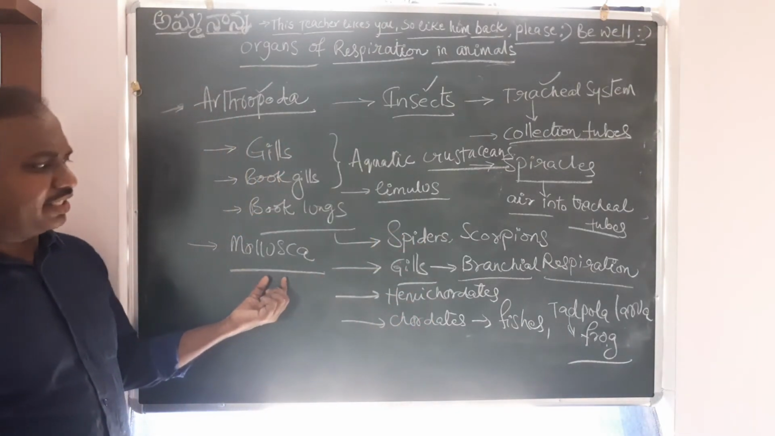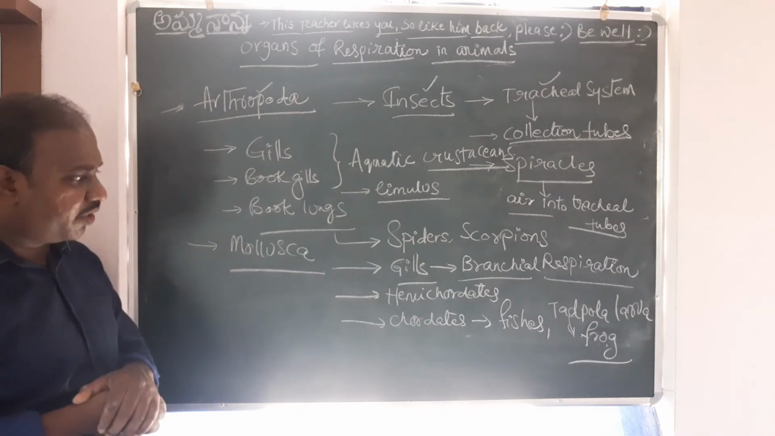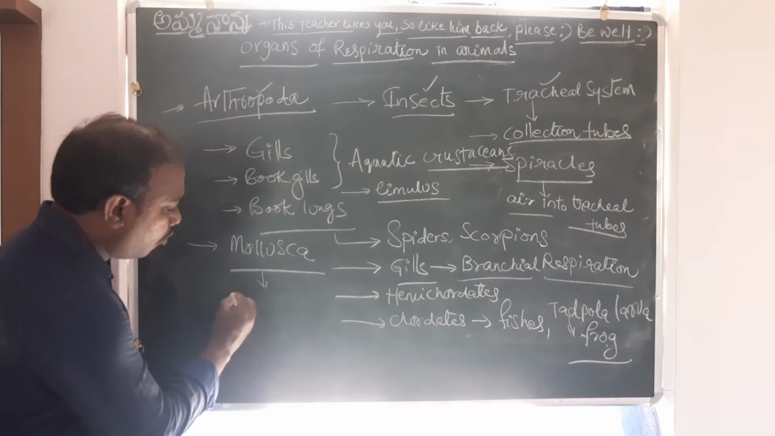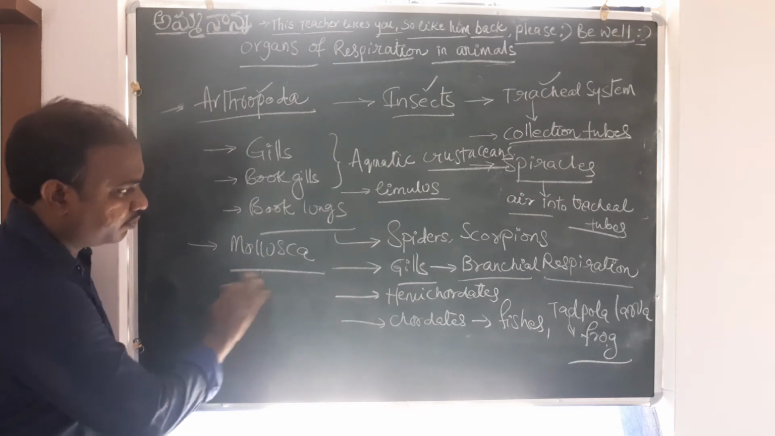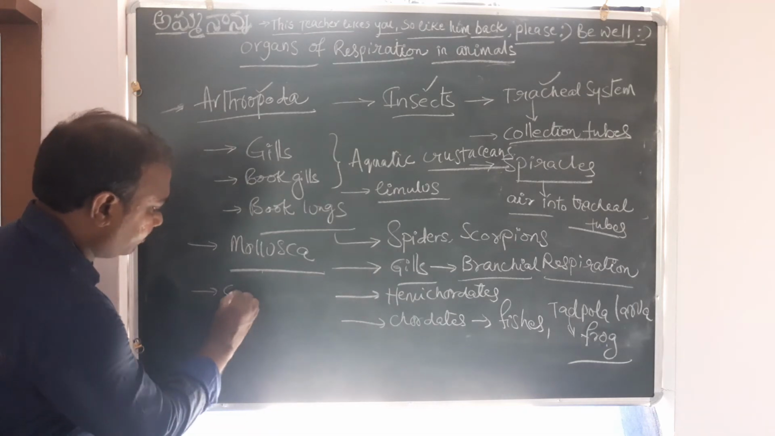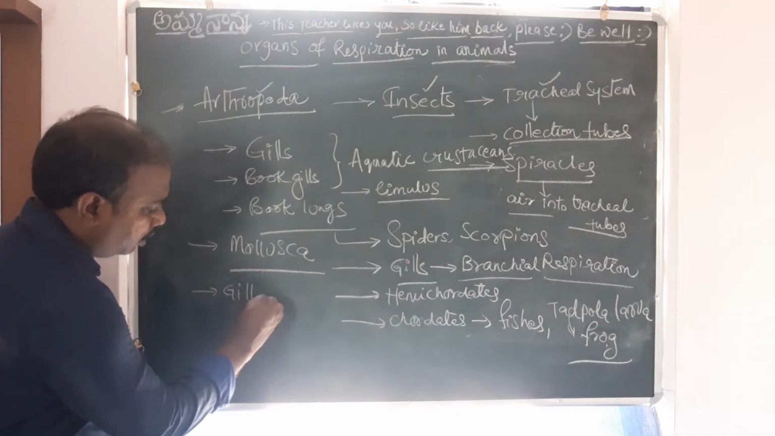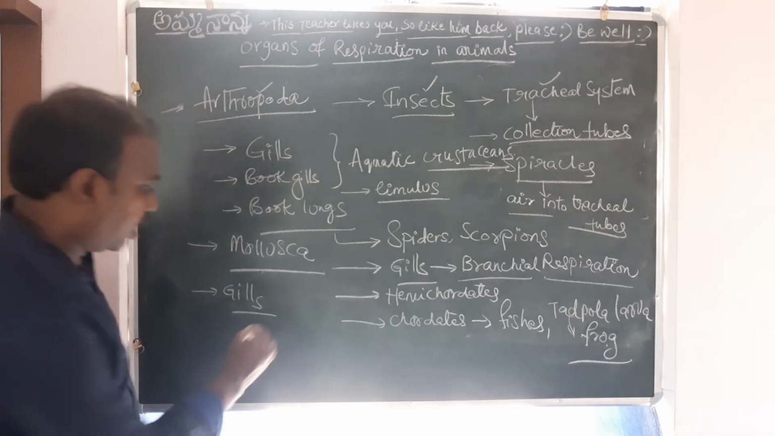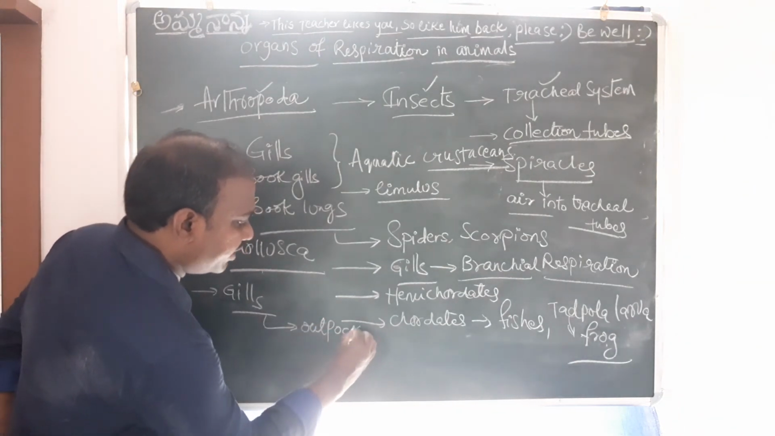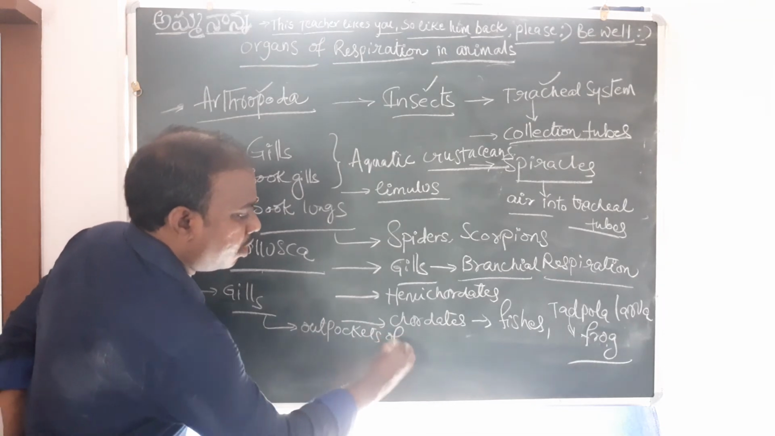And what are these gills? Where do they develop? The gills are out pockets of growth. So what are these gills? The gills are out pockets of growth